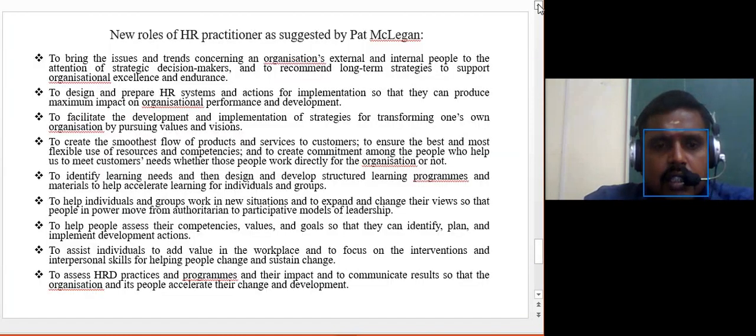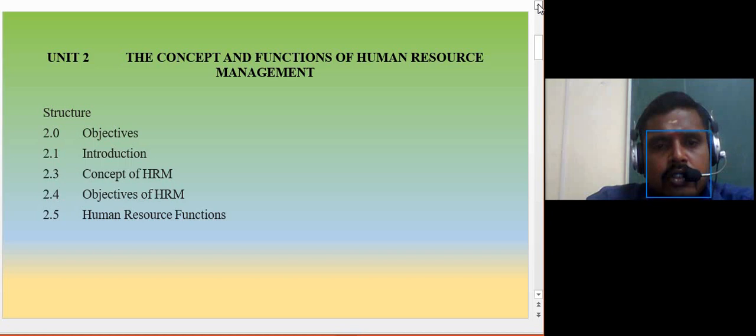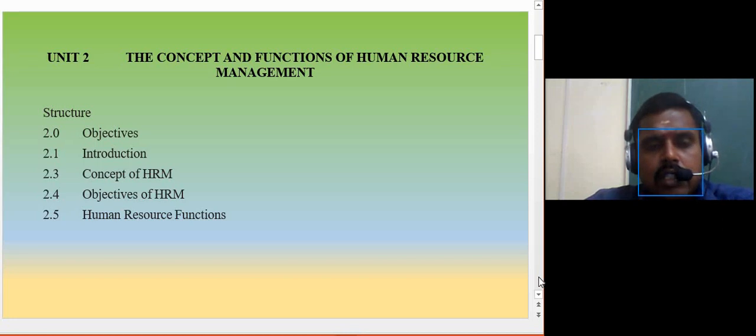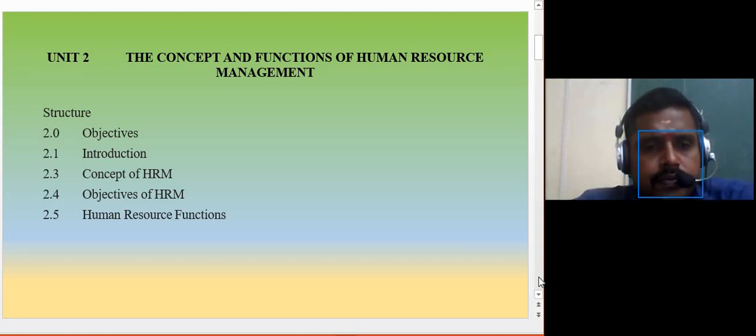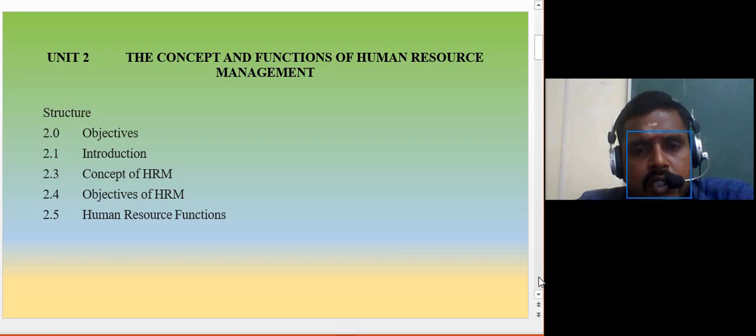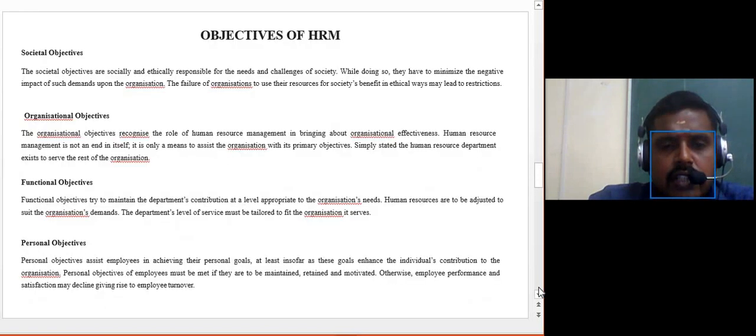So these are all the roles and responsibilities of the HR manager. Before that, I'm going to summarize the concepts discussed from Unit 2, particularly the concept of human resource management activities, starting from the introduction, objectives of this course, the concept of human resource management practices, the objectives of human resource management, and at last the functions of human resource